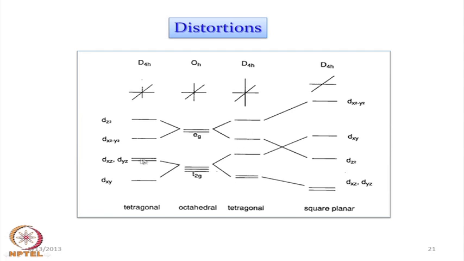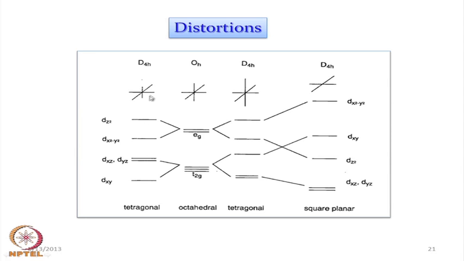So the doublet will now be destabilized compared to dxy, and these two, that means dx square minus y square and dz square, would be again split, but in the reverse order as we have seen for the corresponding elongation. So this dz square would be up and dx square minus y square will be down. So in a tetragonally compressed form, our dz square would be the most destabilized one,